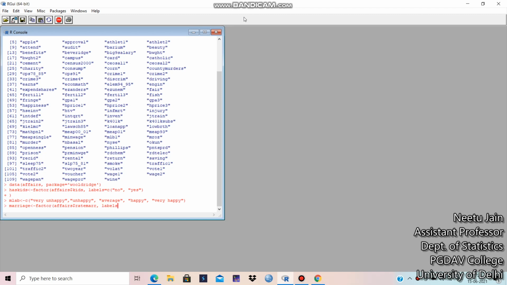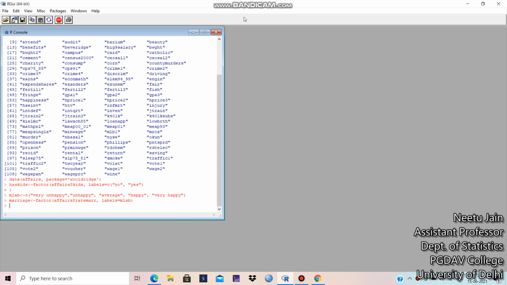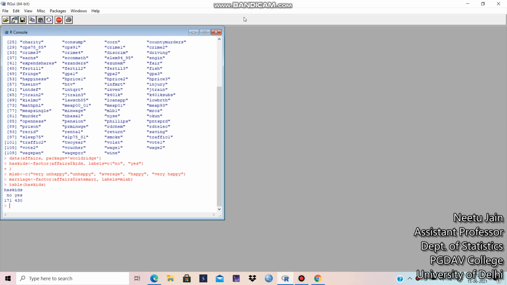Let's give the labels as the vector mlabels. Now let's see the frequency table for haskids. The families which have kids are 430 in the category yes, and those who have no kids are 171. So this is the frequency table.